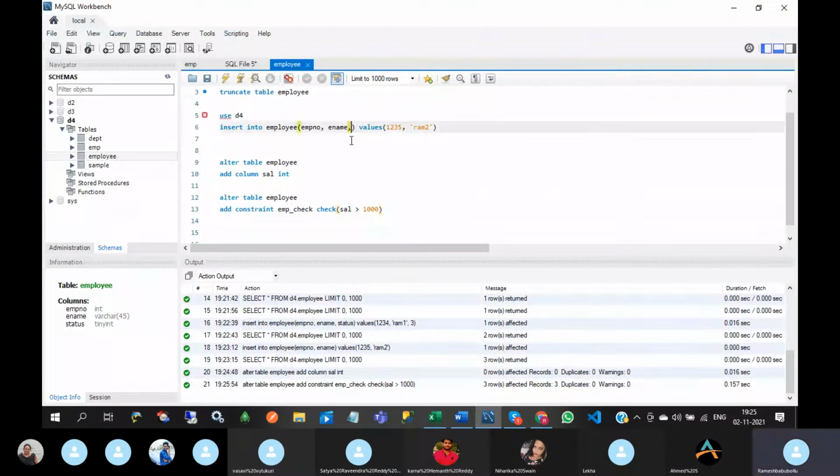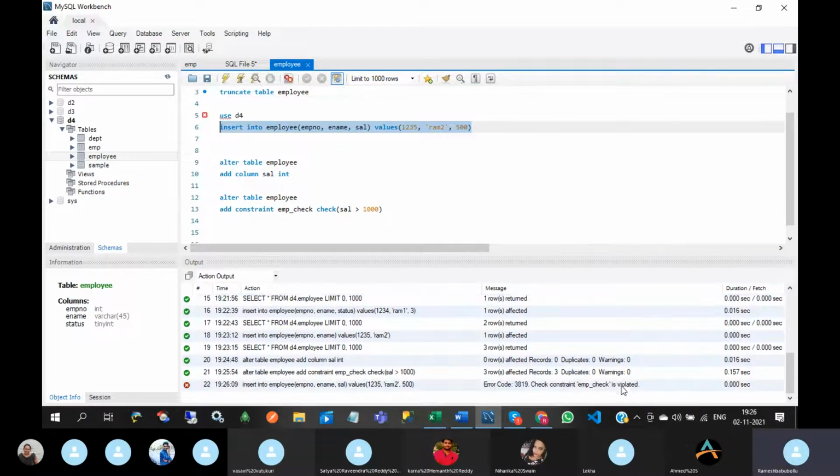So salary of 500. See this check constraint emp_check. Emp_check is the constraint name. So this constraint will not allow this record to be inserted.